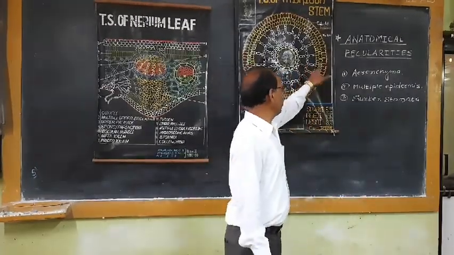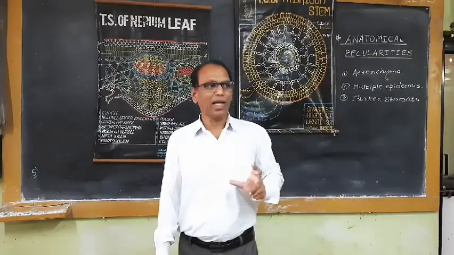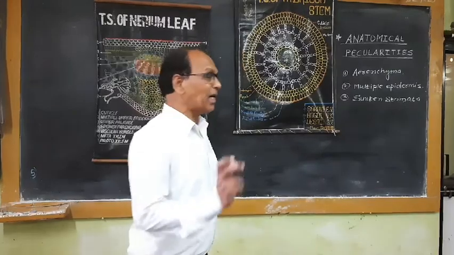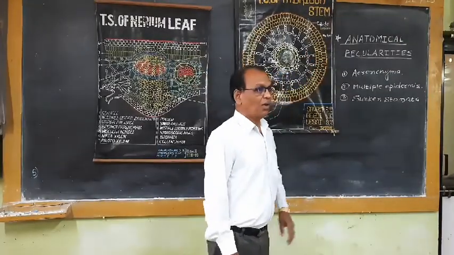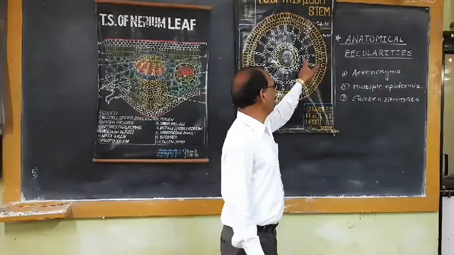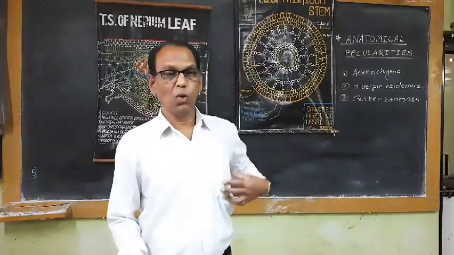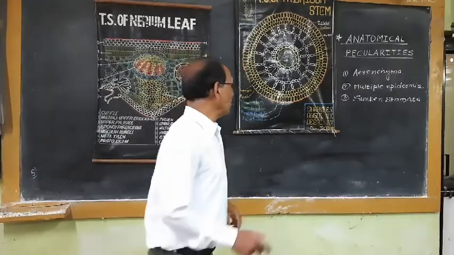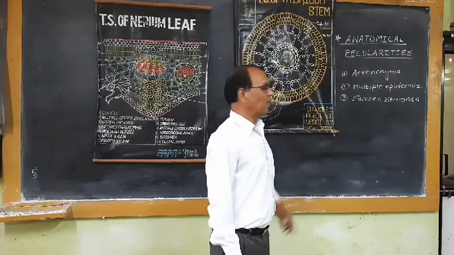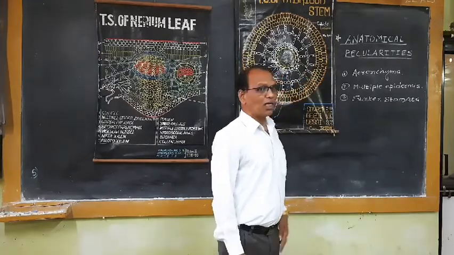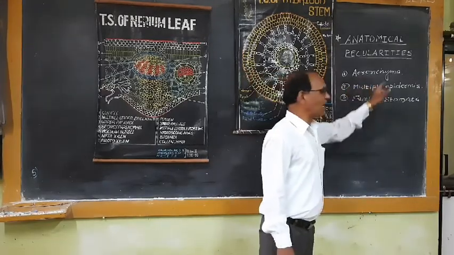So why is this tissue known as aerenchyma? Because originally this tissue is a parenchyma tissue, but these parenchyma cells create a large number of air spaces which play an important role in the storage of air, which may contain O2 and CO2. That's why this parenchyma tissue, which creates the air chambers in aquatic plant organs like root, stem, leaf, etc., is commonly called aerenchyma tissue.